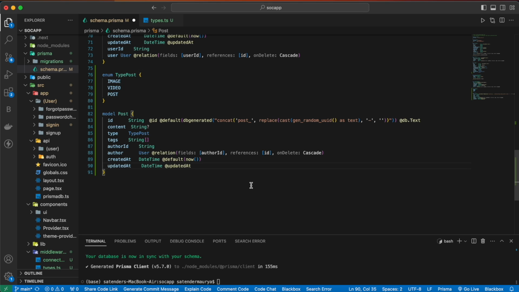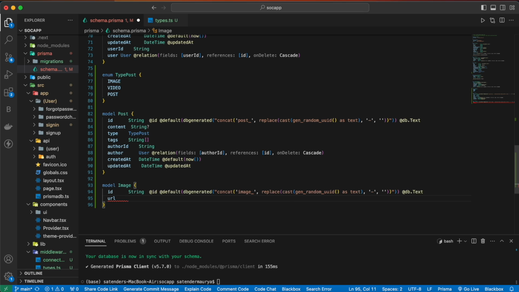And after that we are going to have two more fields here, which will be images and videos, but we are going to first define their models here. So image, and this will have the same kind of IDs, so copy and paste here, and let's change our post to image. Then after that we are going to have our URL of type string, and then description, and this will be of type string but optional. And then we are going to have our post ID,